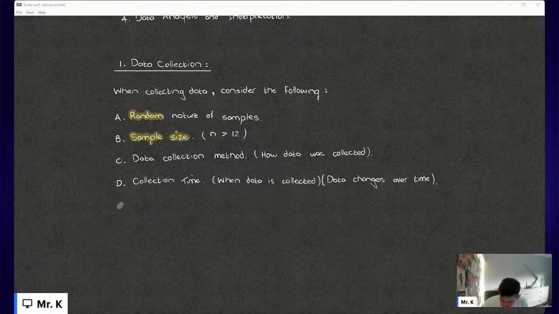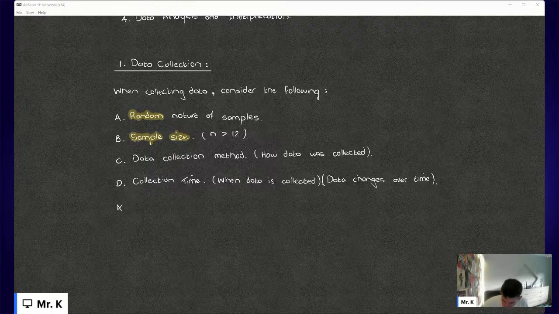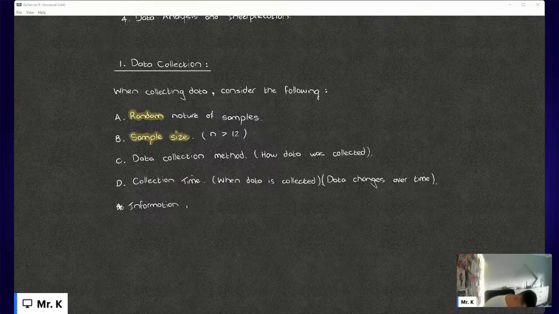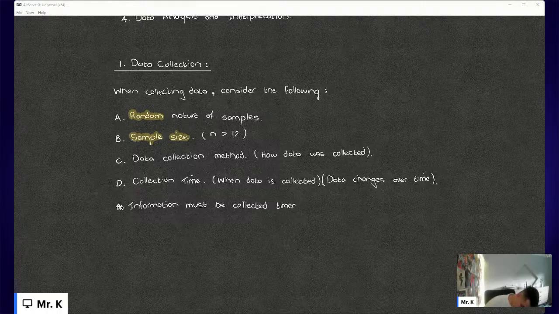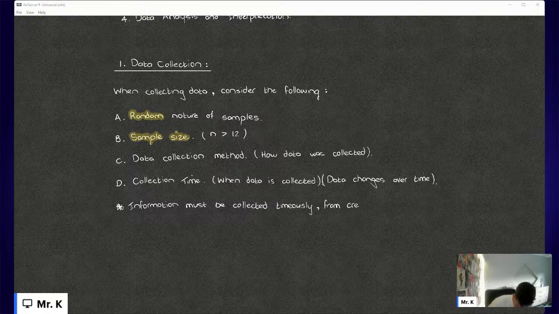So at the end of the section, before we move on to point number two, I want you guys to write: information must be collected timeously from credible sources, right? Must be collected timeously from credible sources